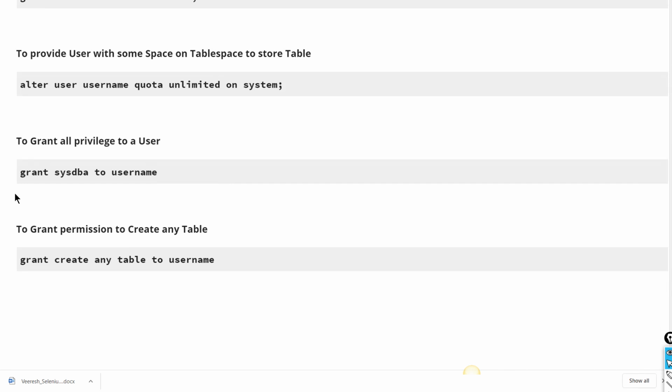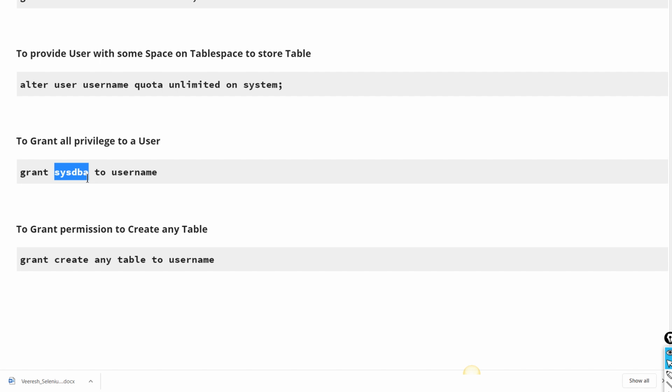Done. And grant sysdba to username, means what? If you give this access, sysdba access to Viresh, Viresh can create users. Before that, Viresh did not have access to create other users.